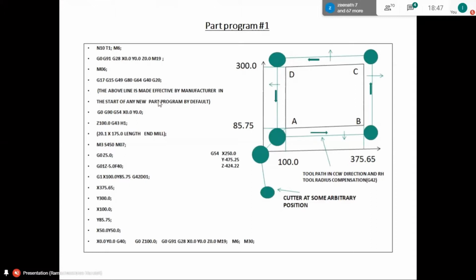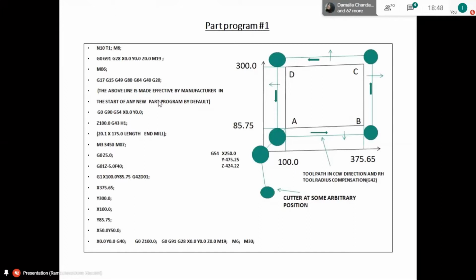This spindle face will have two tenons which will be accommodated in the tool holder. There will be two slots in the tool holder. So the tenon on the spindle face must sit in the slots provided on the tool holder. If such a thing doesn't take place, the tool will not get in the right position. Sometimes it will be at an inclined position and it can cause accidents also. In such a case, the tool change cannot be executed. So the M19 command is used for stopping the spindle at one fixed position, and in that position only you can execute a tool change command. Otherwise, it is not possible.